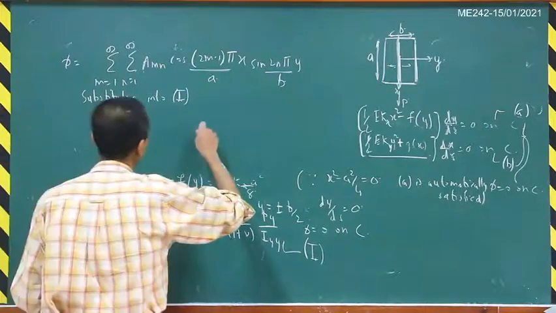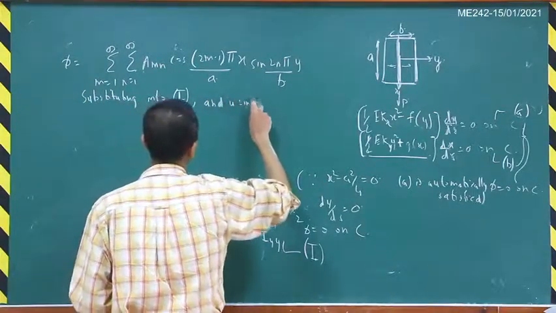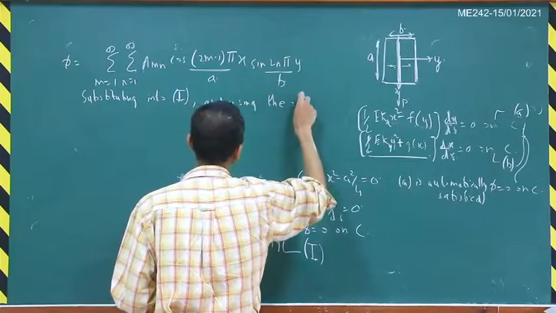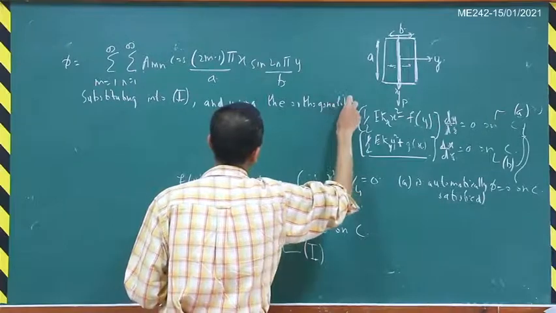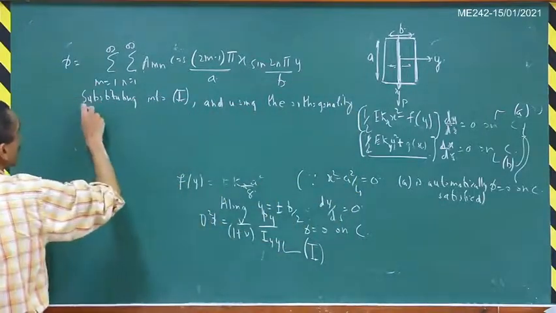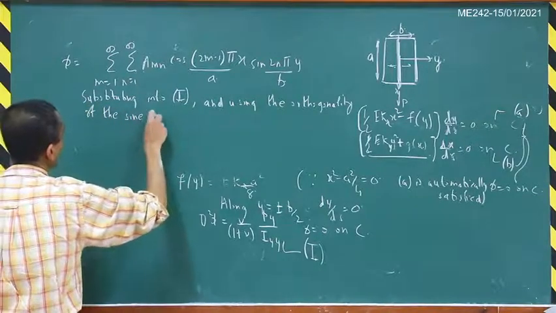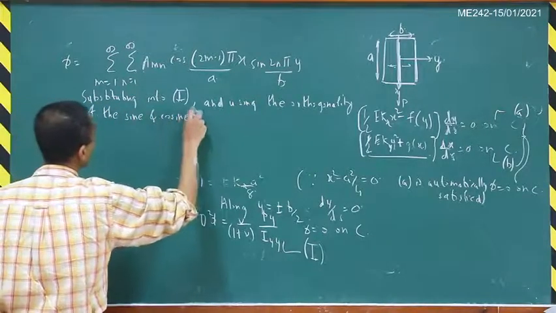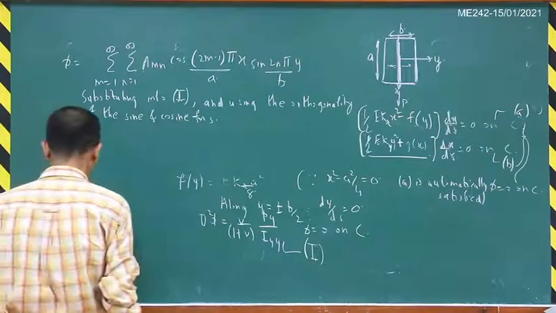So substituting into 1 and using the orthogonality of the sine and cosine functions, we will get that